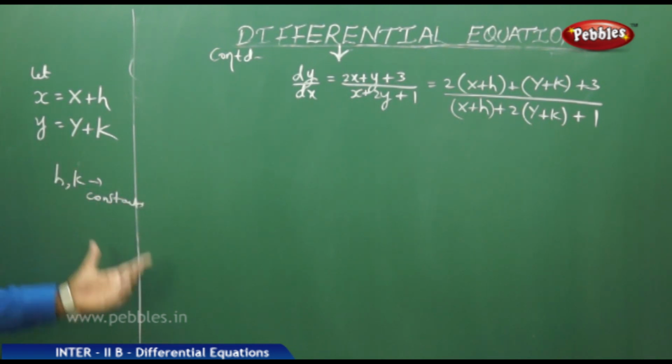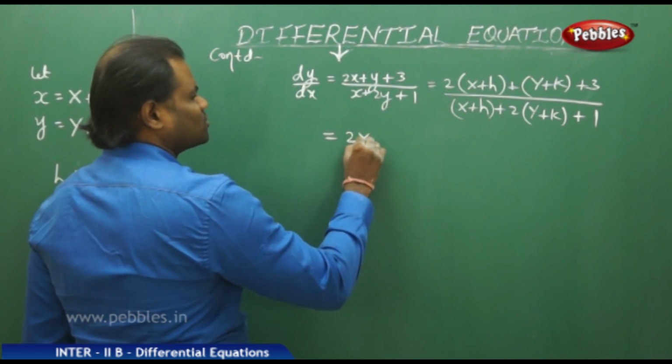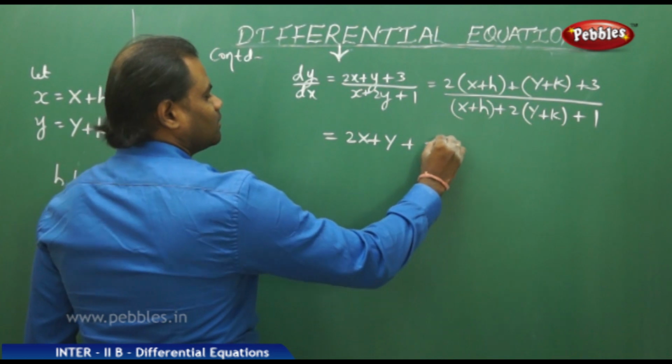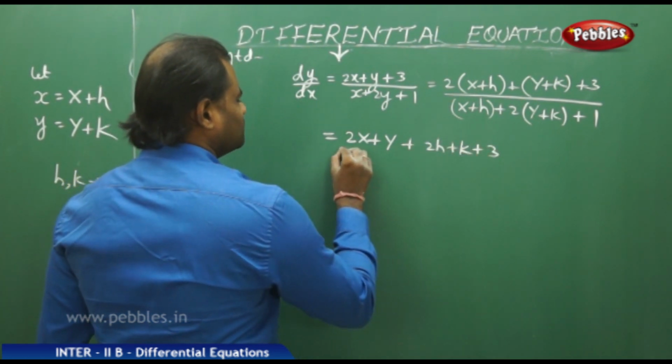So expanding through brackets, this comes as 2x plus y plus 2h plus k plus 3,